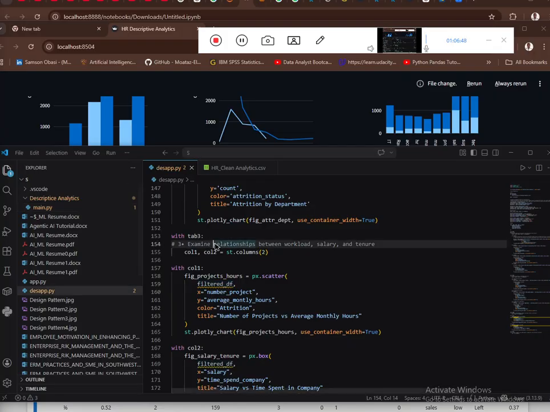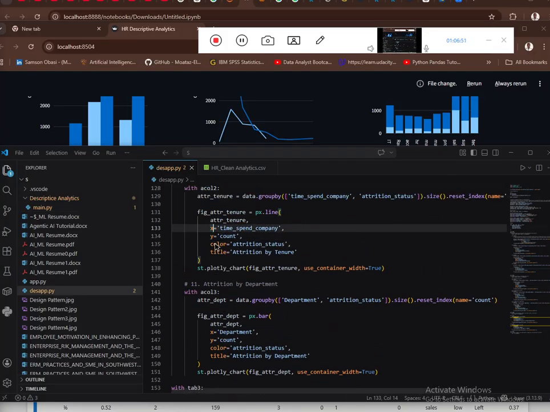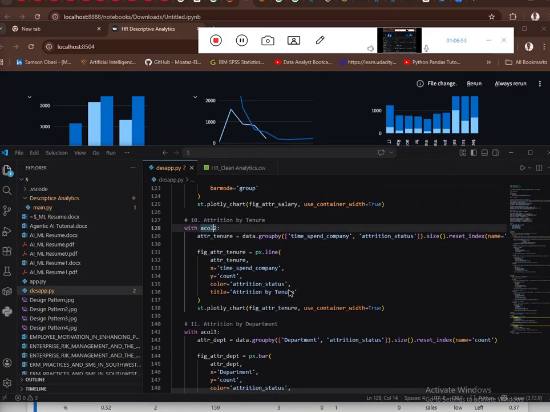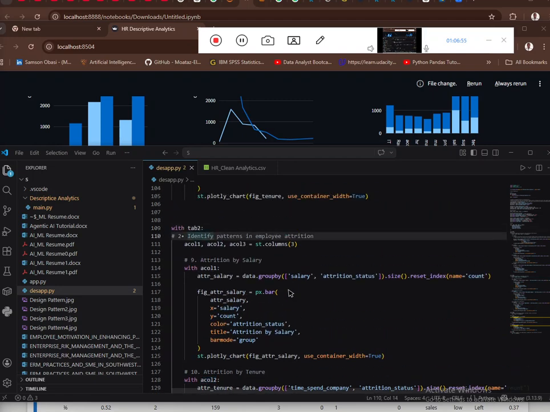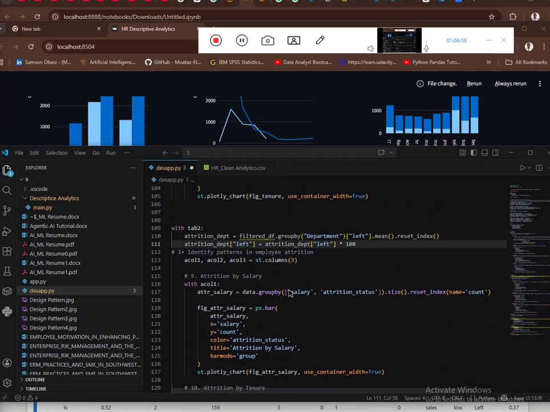Okay, inside the attrition, I created a particular filter before creating the attrition table. Just trying to cut time. So what I did there was basically